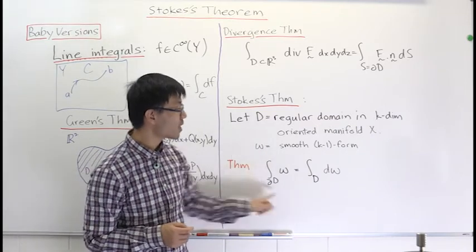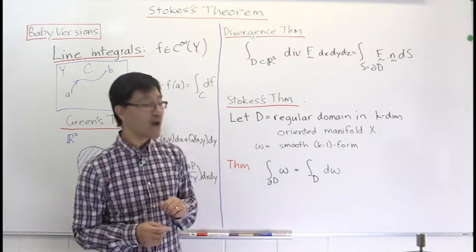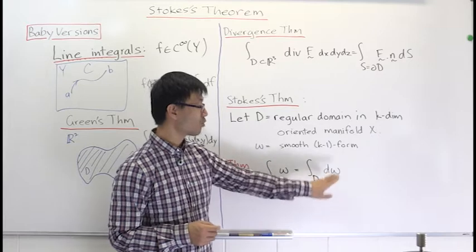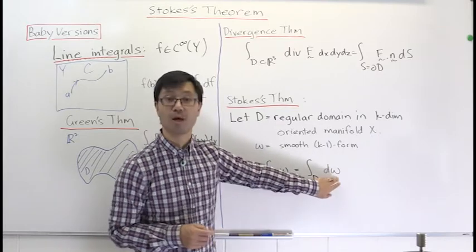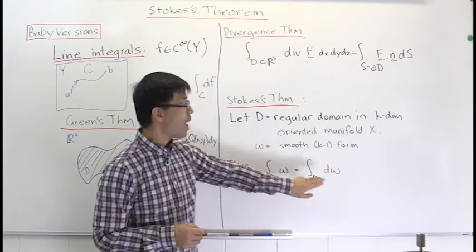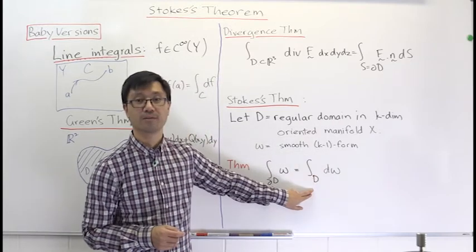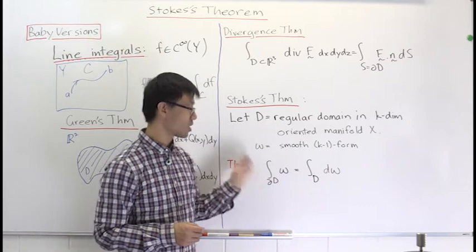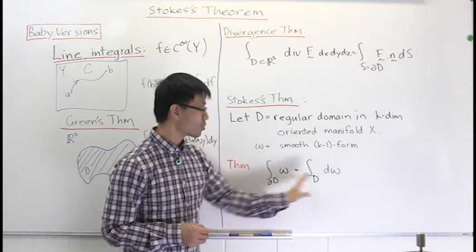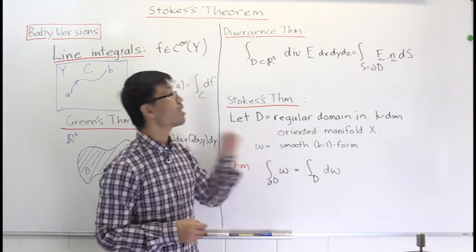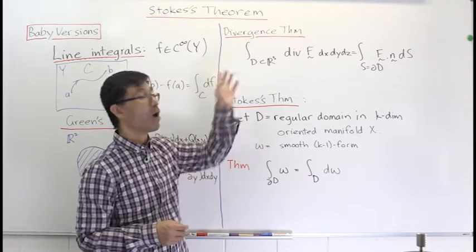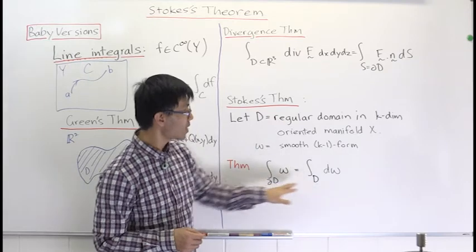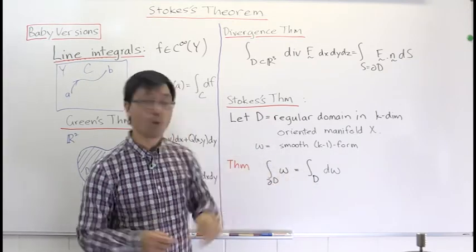So we can perform this integral over the boundary, and that equals the integral of some derivative type quantity, this d omega, which I will define later, and it's the integral over all of D. Okay, so this beautiful formula, this single formula here, which has a very simple presentation, is going to incorporate these three examples. And in fact, this one here, you can see, is very similar to what we have